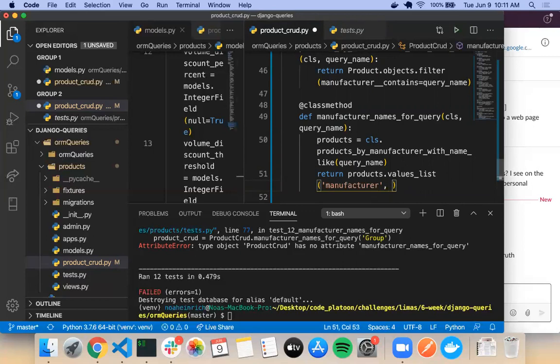Flat equal true. What does that do? That basically returns it just as one. We're only calling one column in here, so instead of the original values list returning a tuple, and we don't necessarily need all the extra attributes. We just want the very first value. So flat equal true gets rid of the extra commas when we're only dealing with one